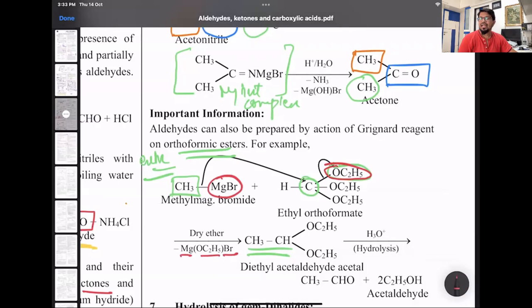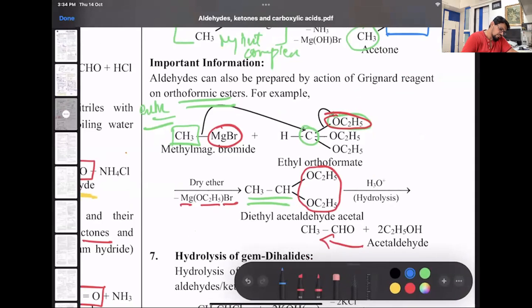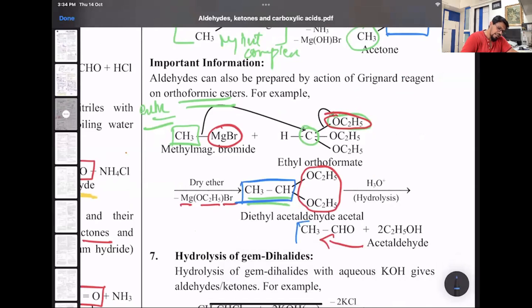And in this compound, when it undergoes hydrolysis, you will again have the formation of an aldehyde, and these two C2H5O groups will go out as ethyl alcohol, 2 moles of alcohol. So there's a misprint. This aldehyde has to be written over here. And this CH3CH will become the aldehyde on acid hydrolysis. All right. That's an extra point. It is just for your knowledge base in case something like this comes up sometimes.